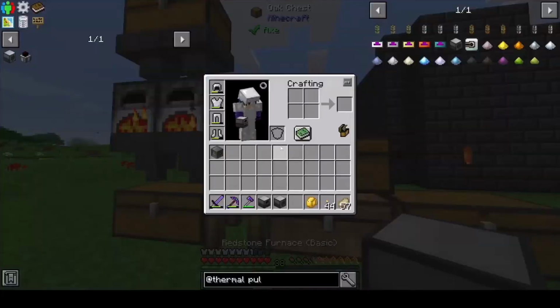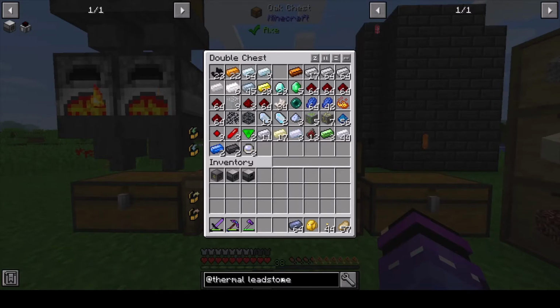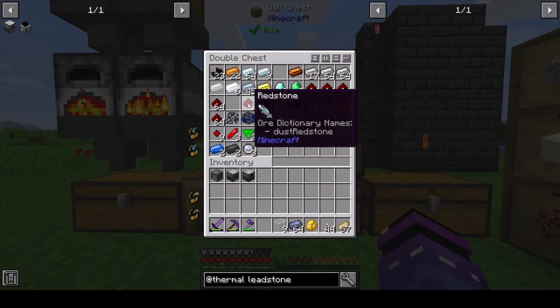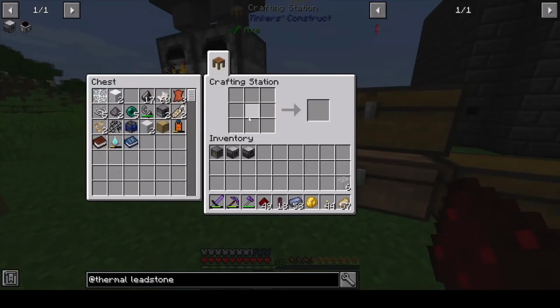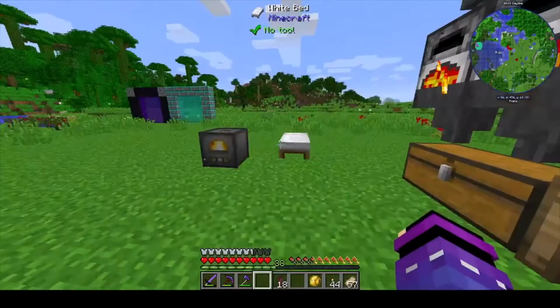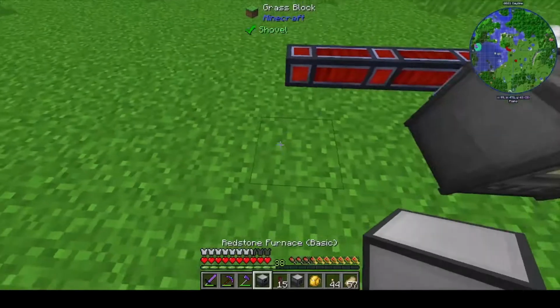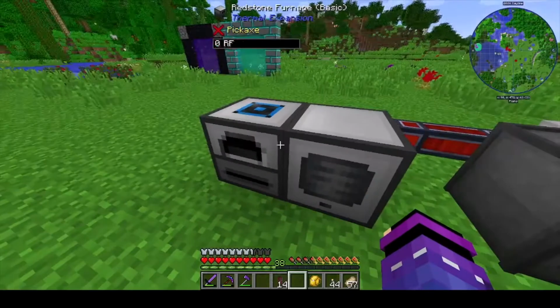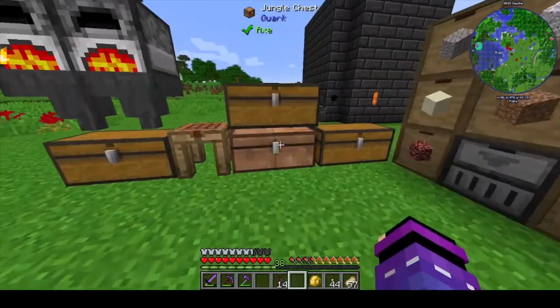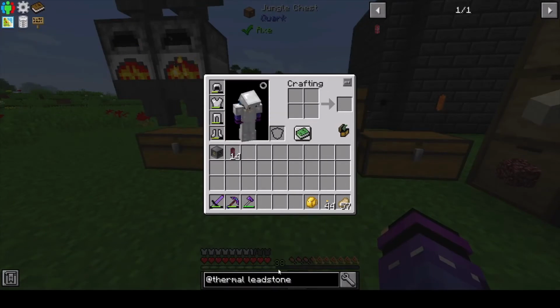So I actually need lead. Because I need, let's get some leadstone flux ducts going on, which I think is just redstone, lead, and glass. Excuse me. Let's get 18 of those for now. So, what we can do is for now, we're going to do just this. So now what we need is we need to make